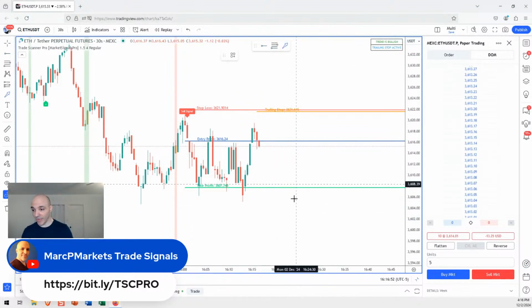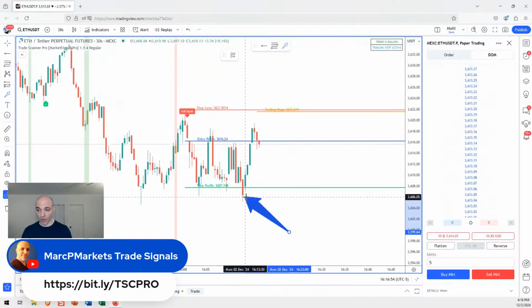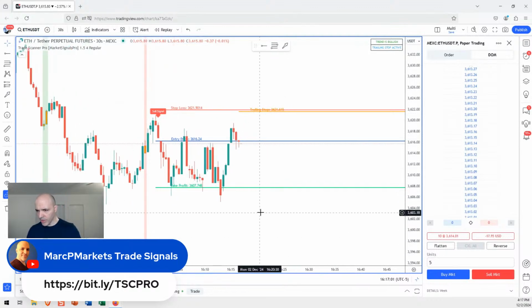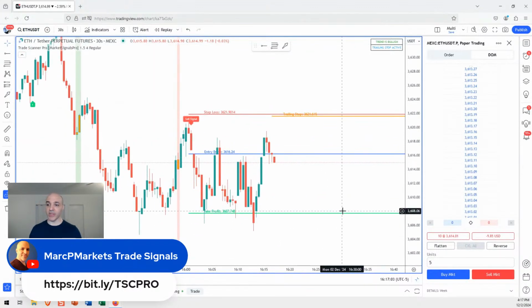You may have shorted in this breakout here. Oh, it's breaking out. You may have gotten short there, and now you're stuck in this, right? So it's nice to have predefined objectives and predefined risk. That's a lot less thinking for you. That is the whole point of the Trade Scanner Pro. It's primarily a confirmation tool and a trade management tool. It's not a forecasting tool.